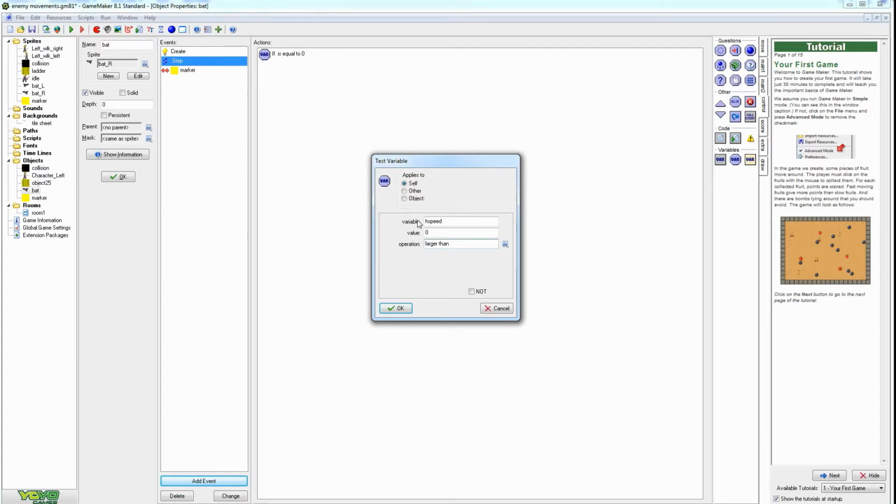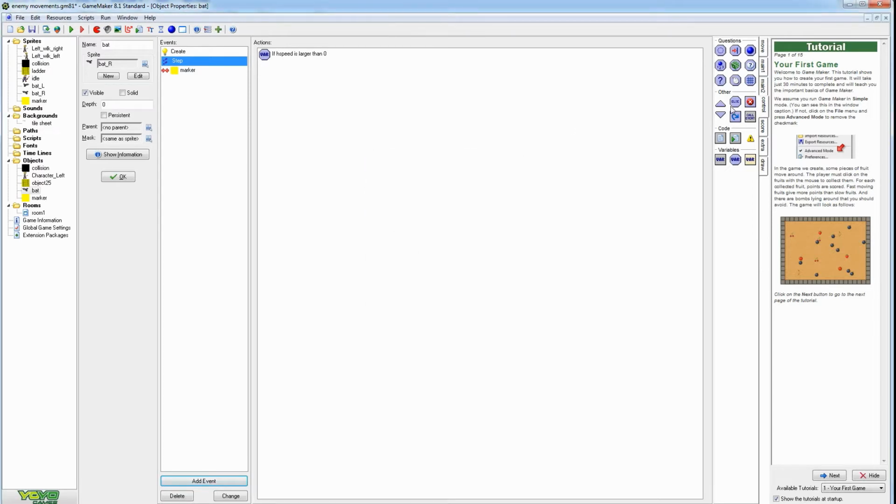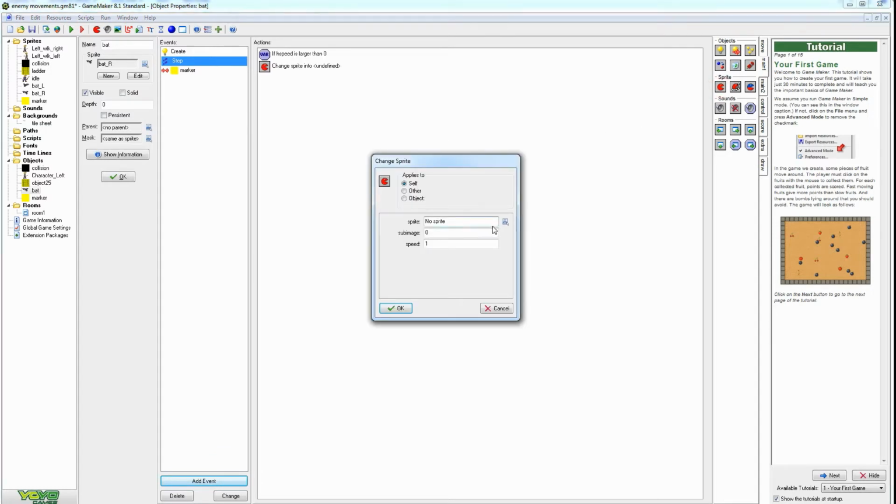check if his h speed is larger than 0. Press OK. We're going to have him change sprite to right. So larger than 0 means he's moving in a positive direction, which is to the right. So he should have a right motion. And let's do a speed of like 0.25, so he's slower. And we'll do image index